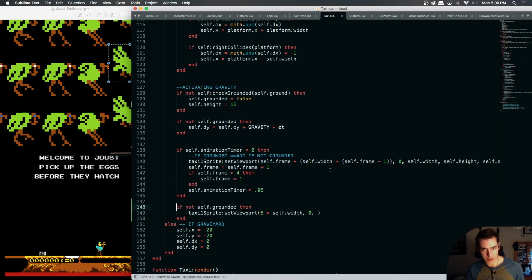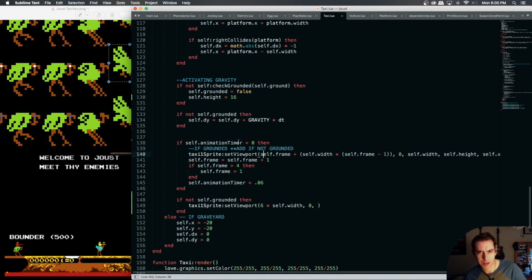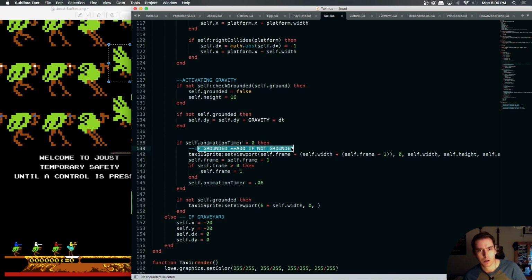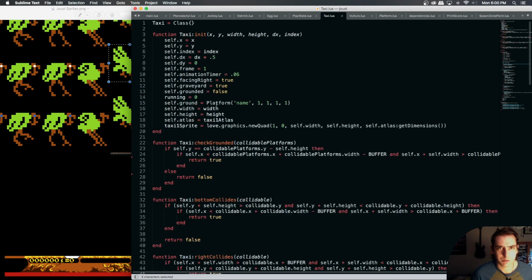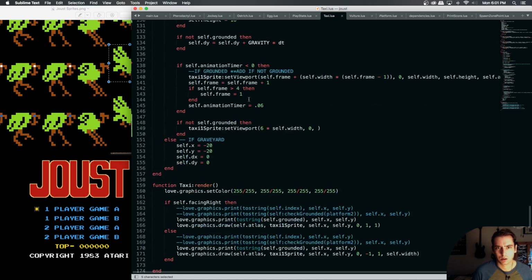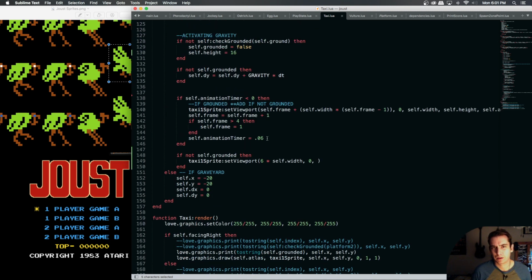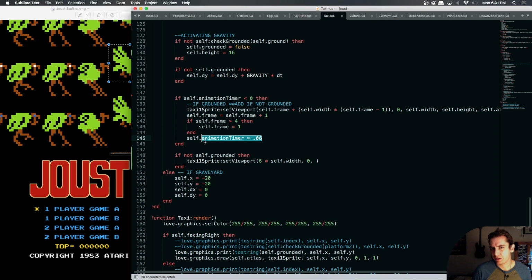So instead of doing the animation increment, well, actually, if animation timer is smaller than 0, hold on, what is this note I added? If grounded, add if not grounded. Oh, that's what I'm doing right now. Yeah, so if our animation timer is smaller than 0, which our animation timer is a very small number, I think, yeah, 0.06. If it's smaller than 0, reset the animation timer, and then